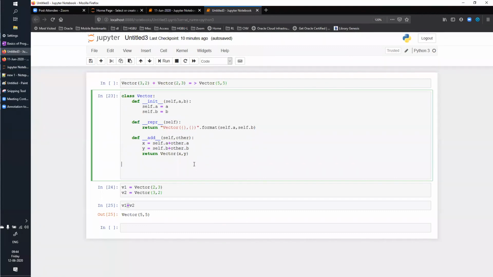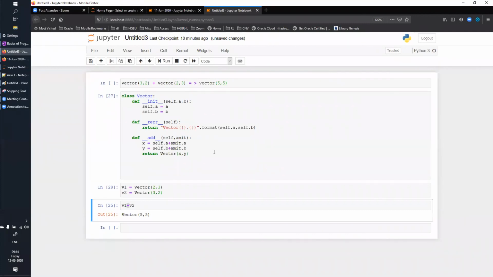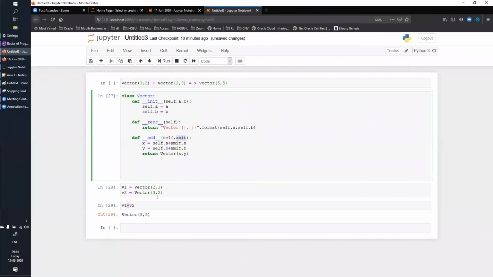Sir, in place of other, we can write any other name? Yes, you can write anything. You can write Amit here also. It will work. But here, sir, you will need to make the change to Amit. It will work. This is just a variable name which I'm passing here.